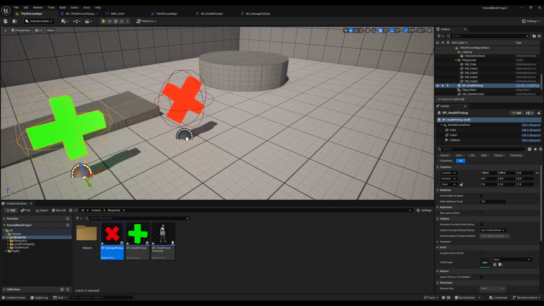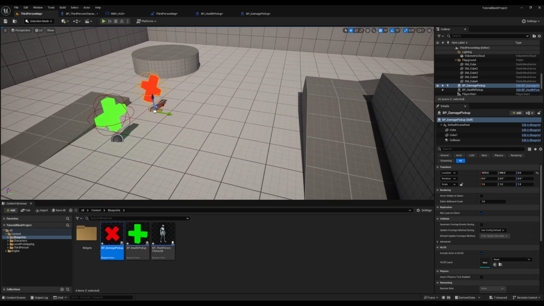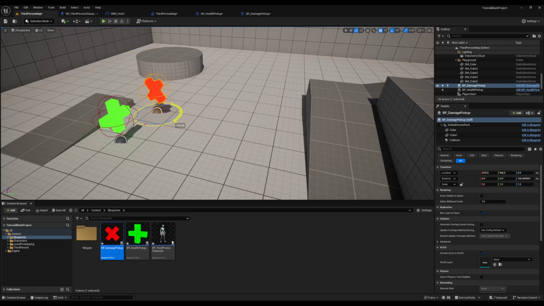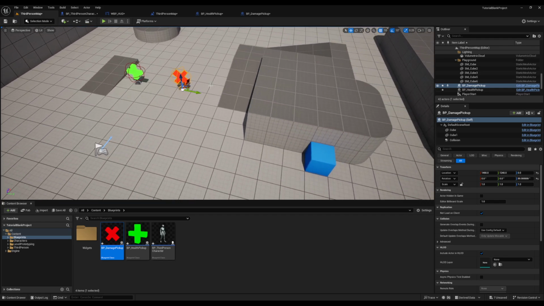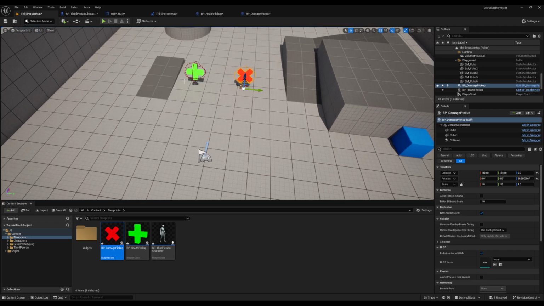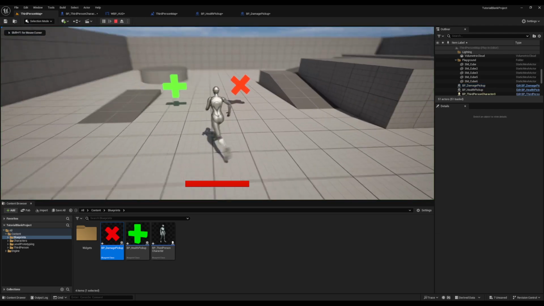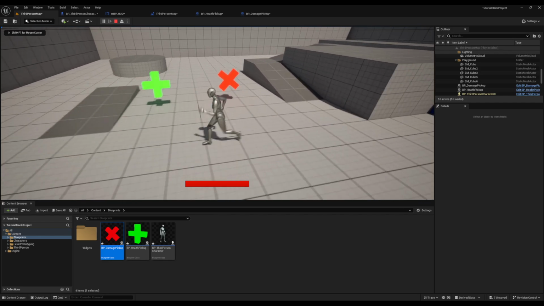And then we can drag that into our level. There we go. Right, so now we've got both of these, except this one has the heal logic because we